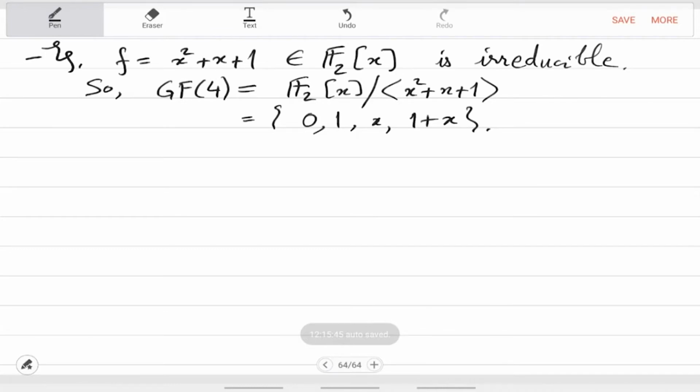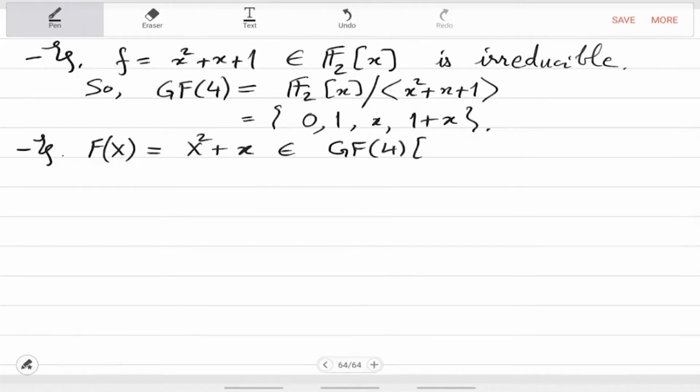So maybe I give that example also. So you are given maybe a polynomial f(x), which is say x square plus little x. So this is a polynomial over GF4 with this formal variable x. So you may be given this big F in the input,